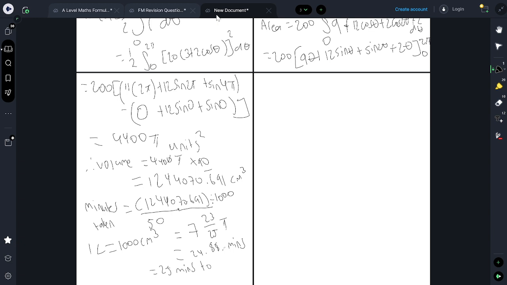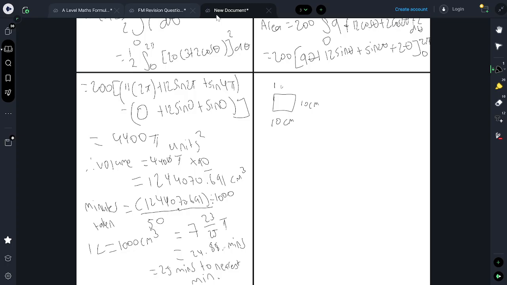So 25 minutes to the nearest minute. Okay, and that's your answer. I do think it's quite harsh to expect you to know litres to centimetres cubed. If you don't know, essentially the way a litre is made is by forming a cube with side 10 centimetres, 10